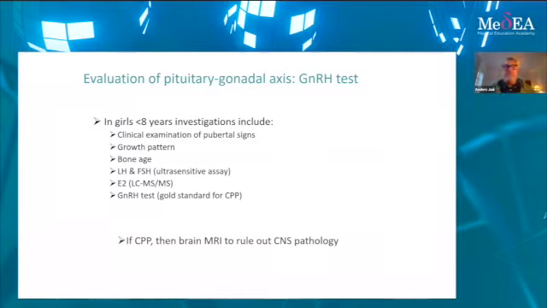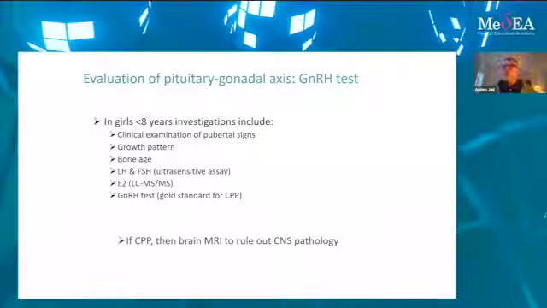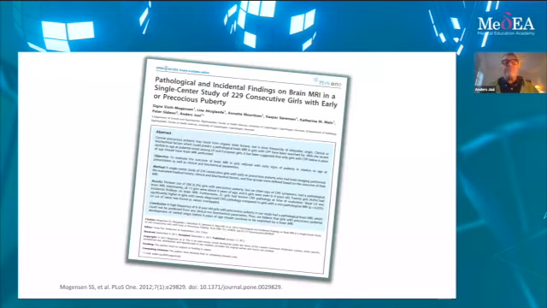And if we find evidence of gonadotropin dependence, elevated gonadotropins, either basal levels or stimulated levels, it's also a common practice to do a brain MRI to rule out any anomalies in the central nervous system. But how frequent do we find something on such a brain MRI? Well, we looked at this 10 years back in a series of 229 girls who had a brain MRI done